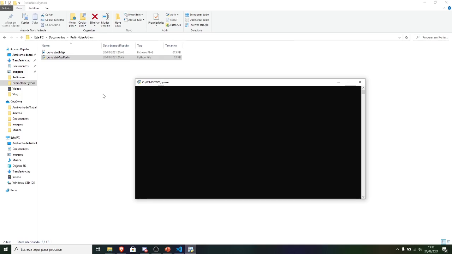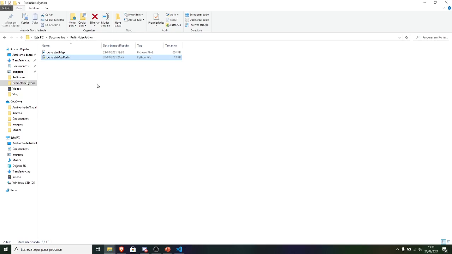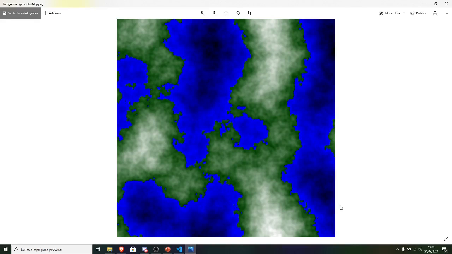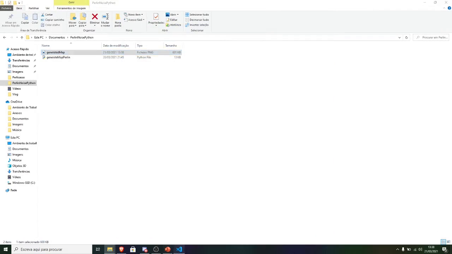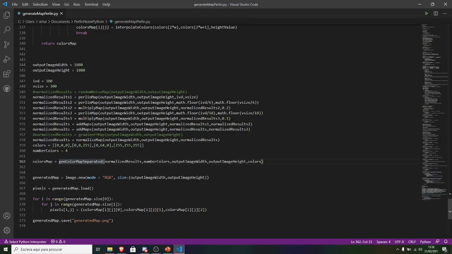So if we run the code, just to give you an example, this will take a little bit of time. But we see it generated another random map, and we could be here tweaking a little bit of the values to see what we could get, and we would get different types of maps. For example,